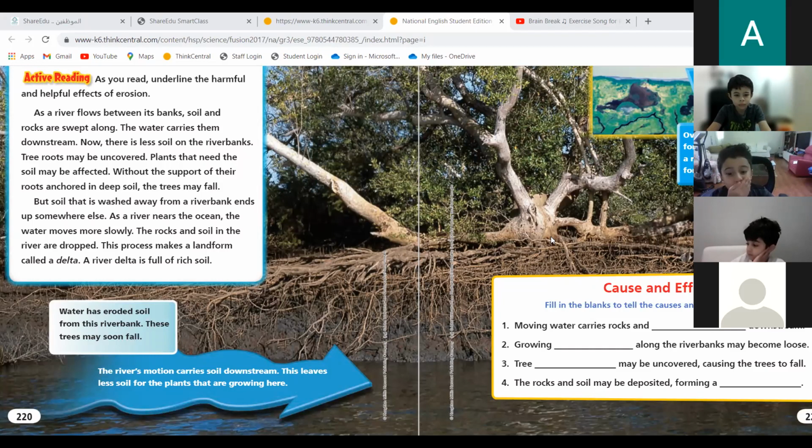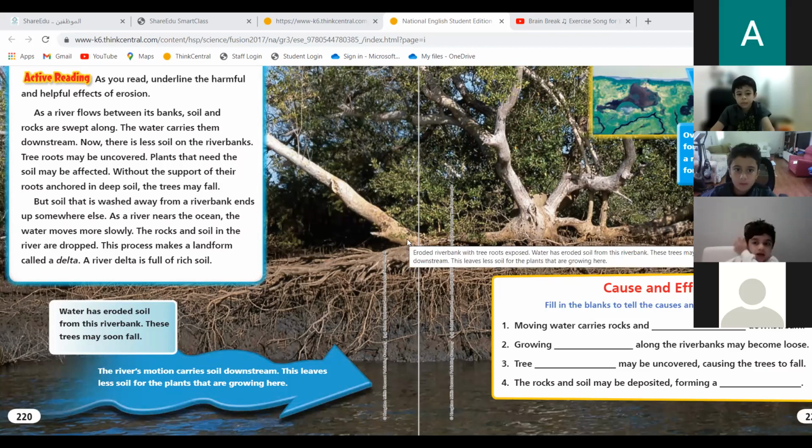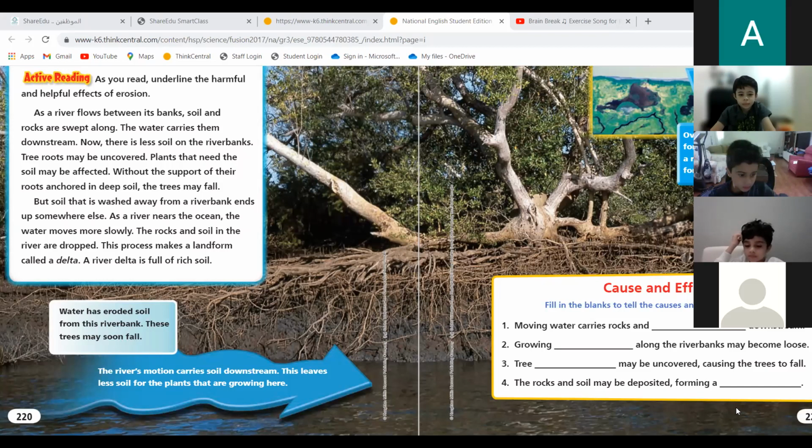The tree will melt. Will fall down. Yes, the tree will fall down. Miss, how is it going to melt? Yes, he means it will fall down. Yes, that's right. It will fall down and sink in the river, maybe. This is what he means. Yeah, Miss, fall down like the mountains. Yes, like mountains. All right.